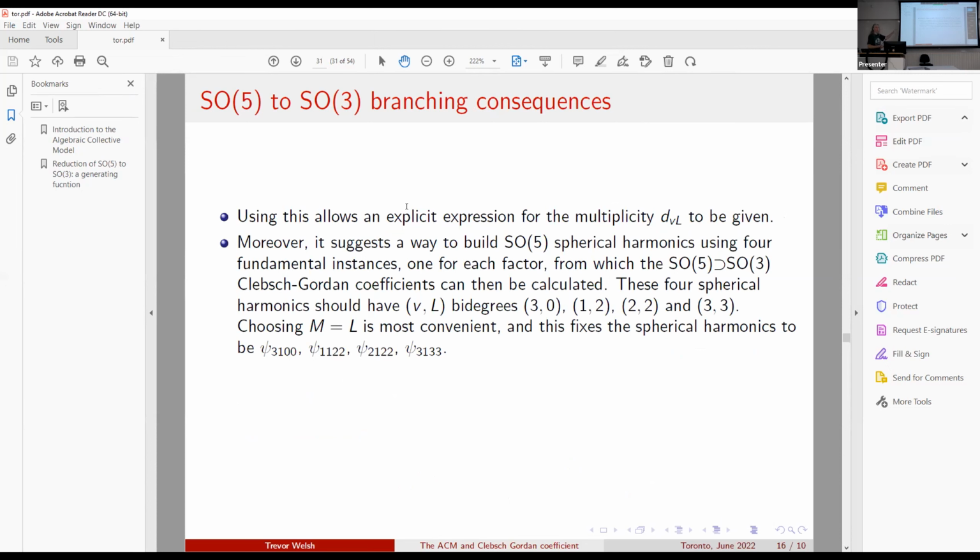So it does actually allow us to give an explicit expression for this multiplicity. And this is well known in literature and in our papers as well. I didn't have time to write it down explicitly, but that wasn't really the point of what I was trying to do. The point is that this expression